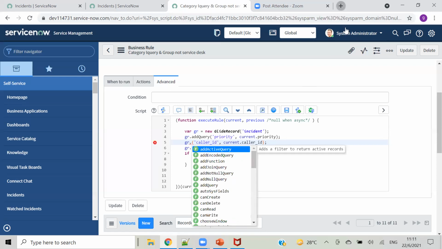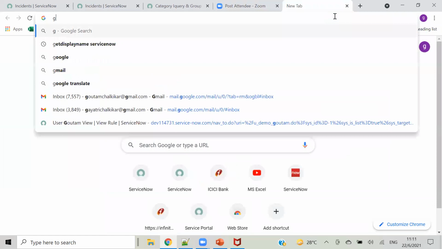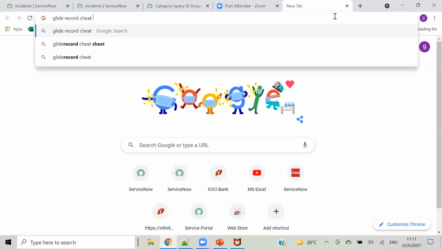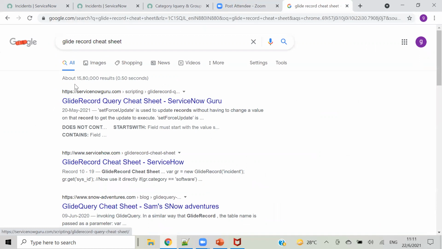And if you still want to go to glide record before our session, then go to Google and search glide record cheat sheet. So here, first link, glide record query cheat sheet. Just click on that.